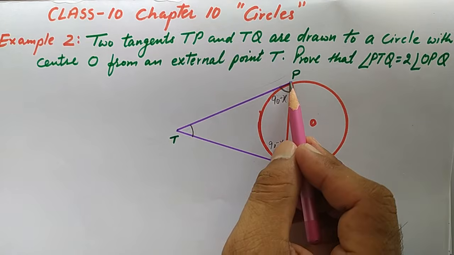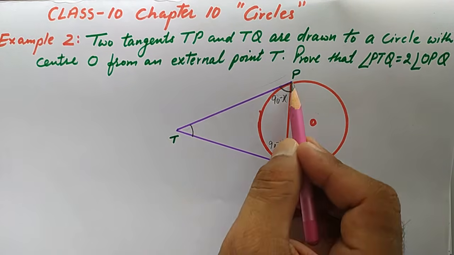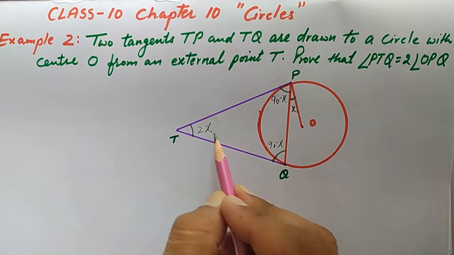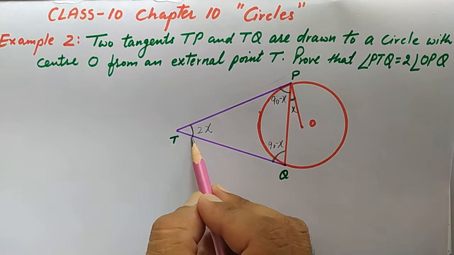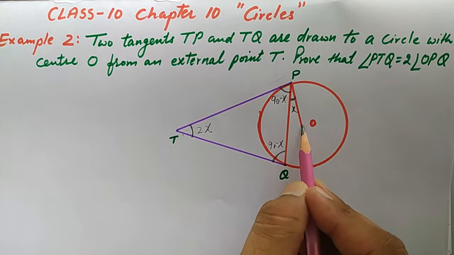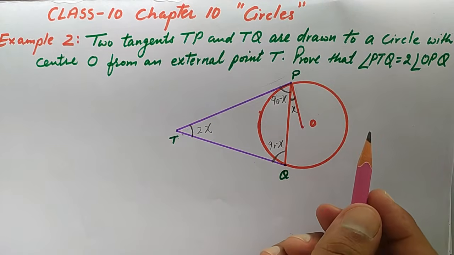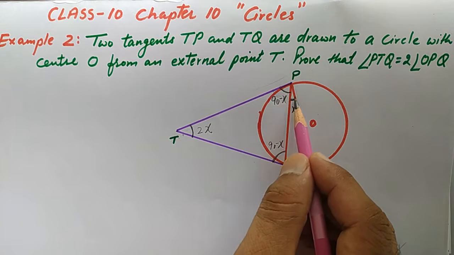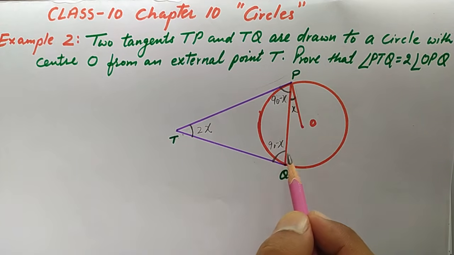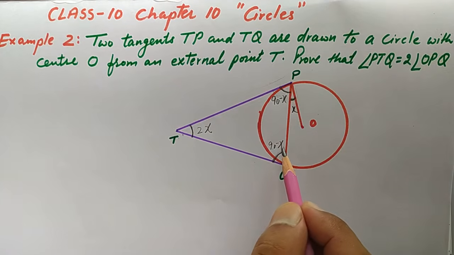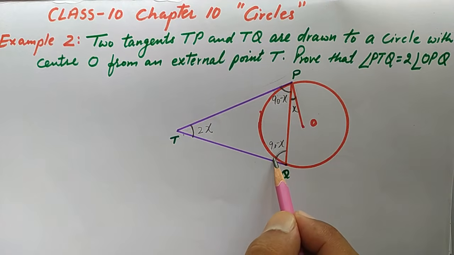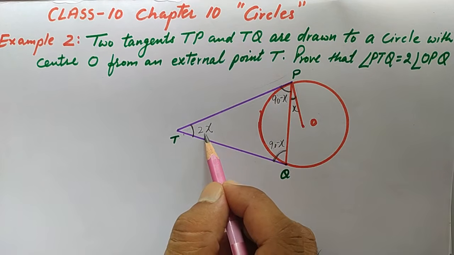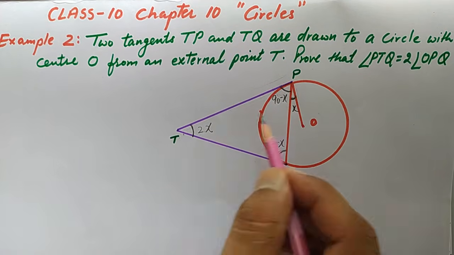Now if you apply the angle sum property in triangle TQP, you will get this angle T as 2x. And automatically this is x, then this is 2x. It means angle T is double of angle OPQ. This way we will solve this question. Just so simple. It is x, then it is 90 minus x because this complete angle is 90. And similarly, this is also 90 minus x because angles opposite to equal sides are equal. So if you apply the angle sum property in triangle TPQ, you will get this angle as 2x and it is proved now. This is double of this angle.